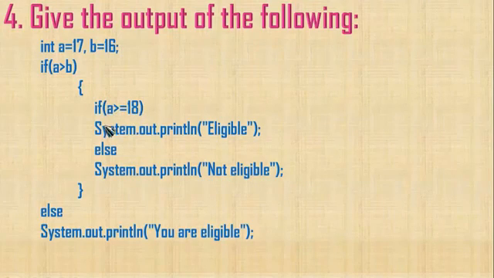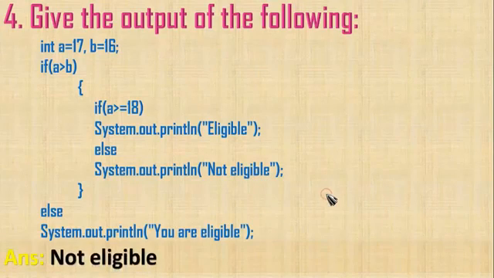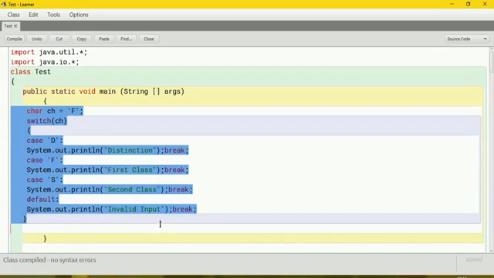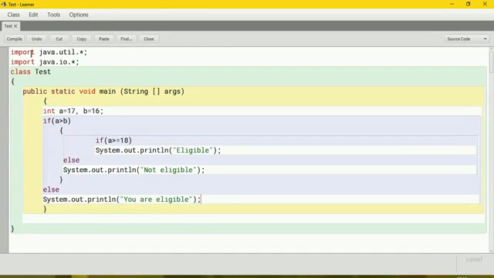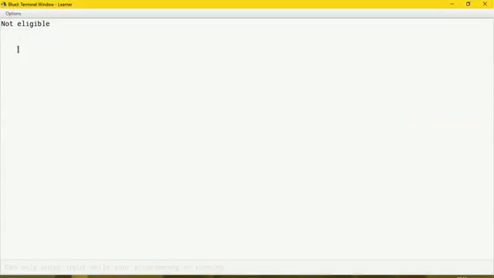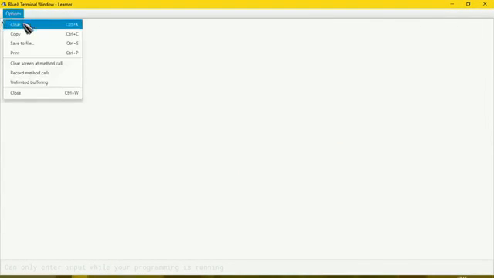It is false. So this statement will not get executed, else part will get executed. So it will say not eligible. Let us compile this, no syntax error. So you can see not eligible has been printed.